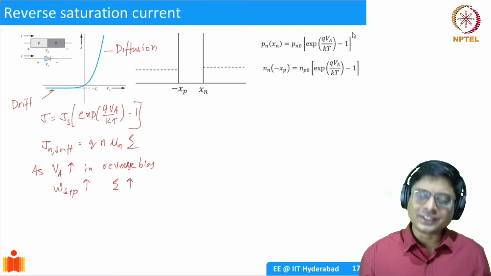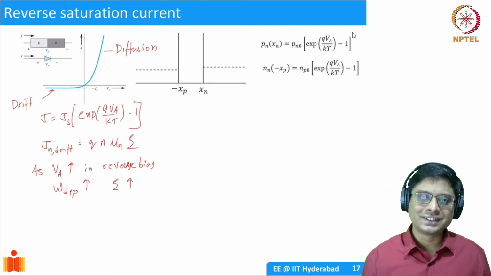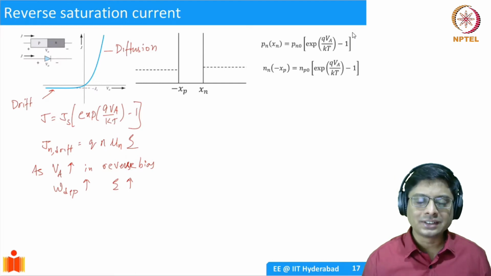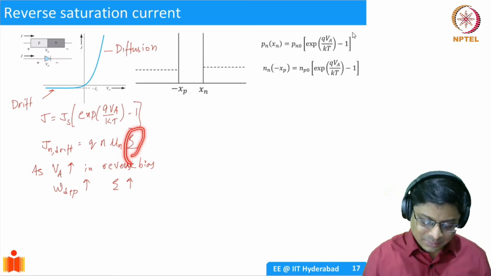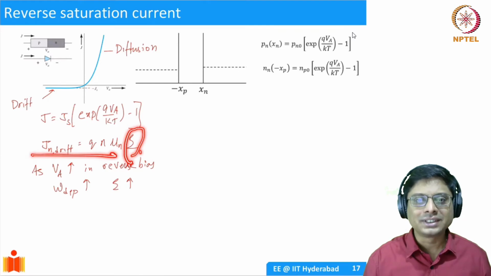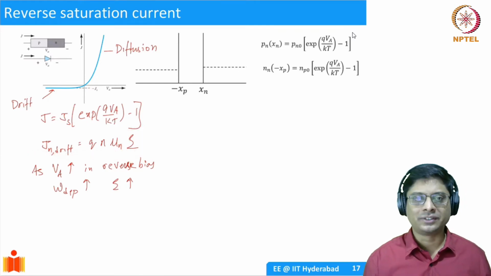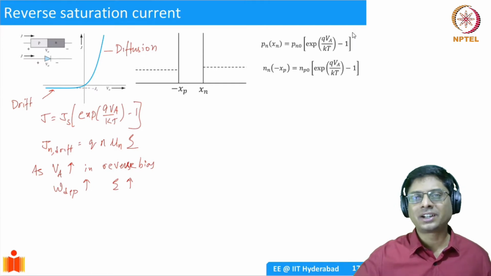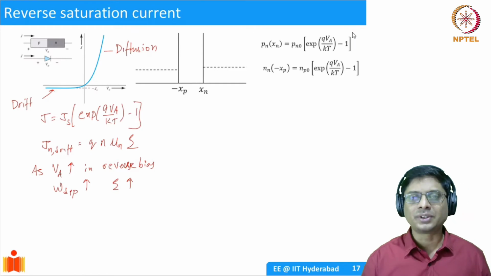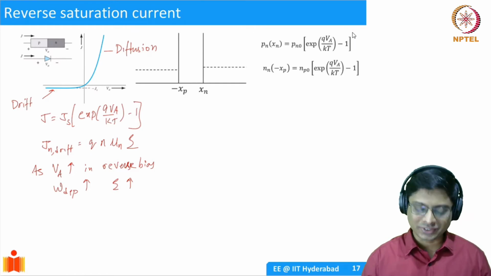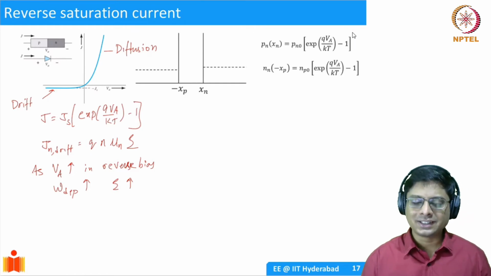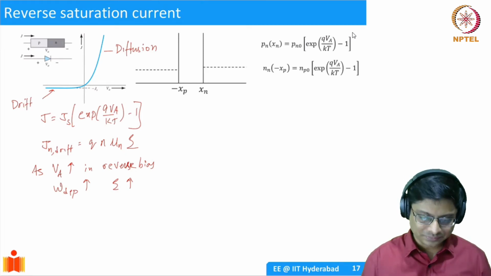So essentially what we are saying is, as you increase the reverse bias voltage, the depletion width is increasing. That means peak electric field is increasing. Even though electric field is increasing, it seems that the drift current is constant, which is a very strange thing, right? Whenever we studied the drift current, you saw that the drift current was proportional to electric field. If the electric field increases, the drift current increases, right? That's what we have seen in the simple semiconductor cases. Now it is something different, and it's kind of a puzzle. I want you to think about it, what is happening here, okay?